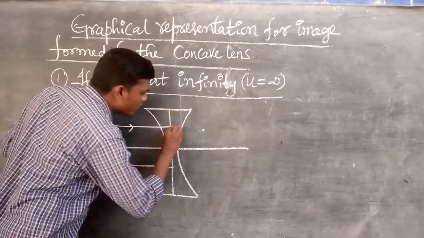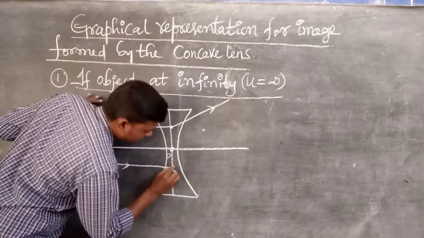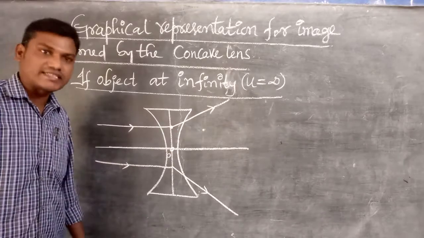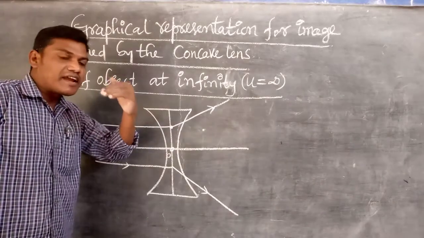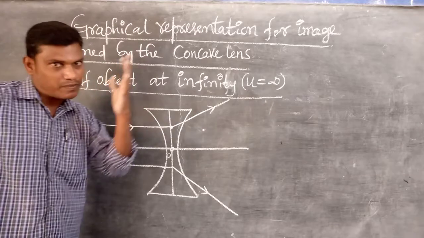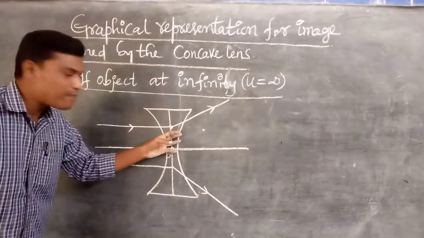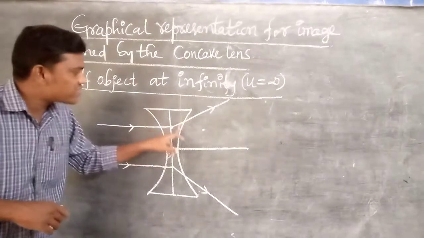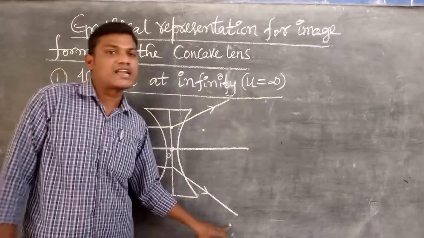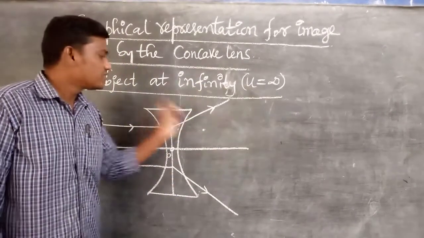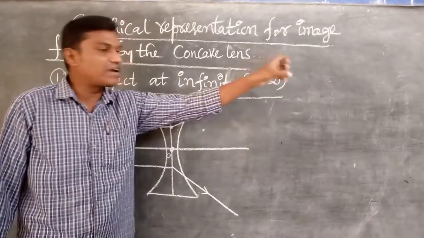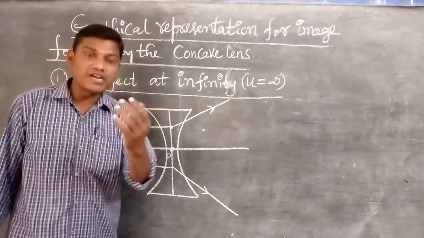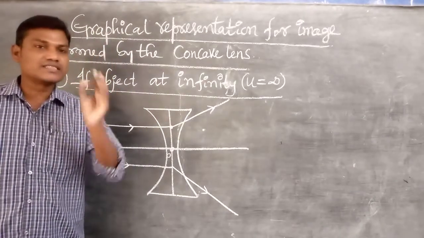Then after the refraction, we know that, like this one. In case of concave lens, as I explained previously in the ray diagram for image formation, after the refraction the rays never meet, because the first refracted ray goes to one side and the second refracted ray goes to the other side. That's why after the refraction the two rays never meet on the other side. But where will the image be formed? Every time I say this is very important.